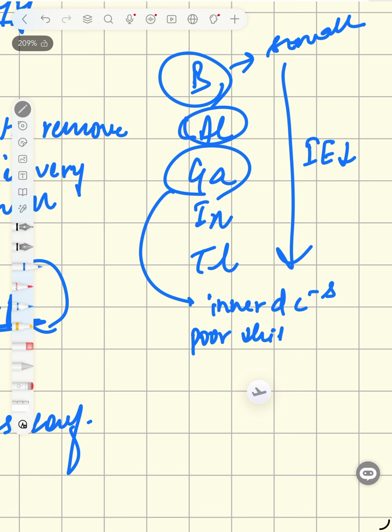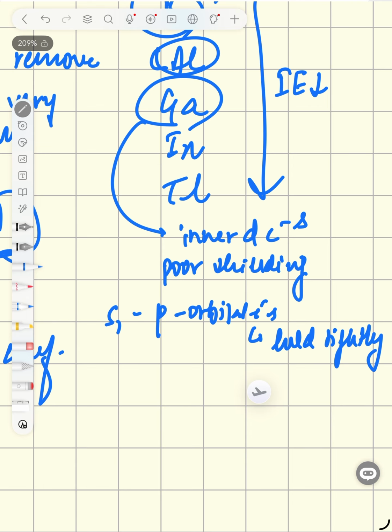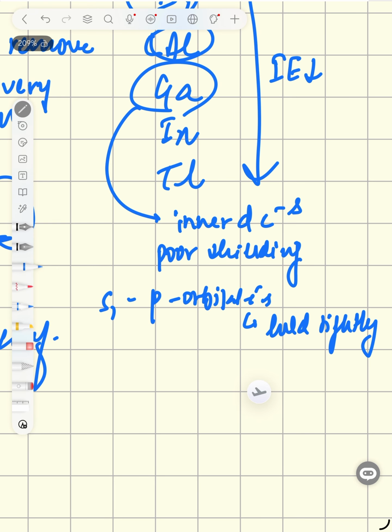They have a poor shielding. Therefore, the outer s and p orbital electrons are held tightly by the nucleus. Therefore, removing an electron from gallium is comparatively difficult. Therefore, its ionization energy